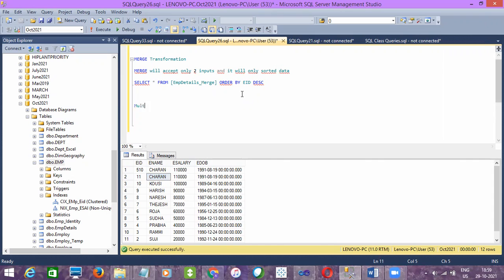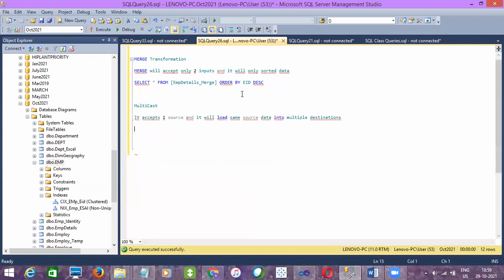Multicast accepts one source and it will load the same source data into multiple destinations, without any filters in between.